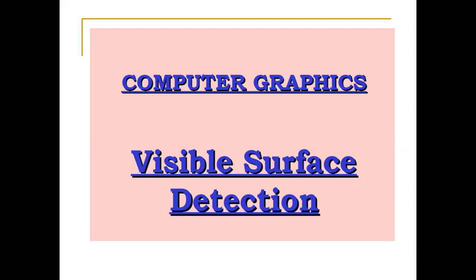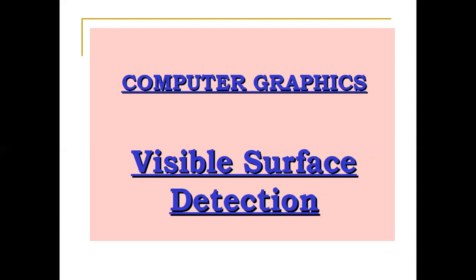So under this topic, we'll be studying what visible surface detection is, and what the different methods are which are used in order to detect whether a surface is visible or hidden, right? In visible surface detection, we are basically trying to identify which of the surfaces are visible, so that only those surfaces which are visible can be displayed on a display device. And we are trying to eliminate the hidden surfaces from the picture or scene.